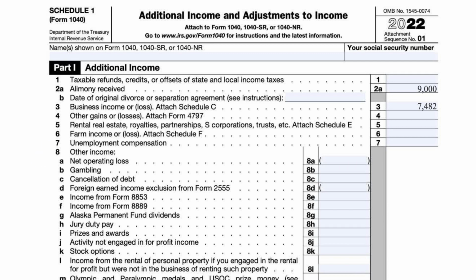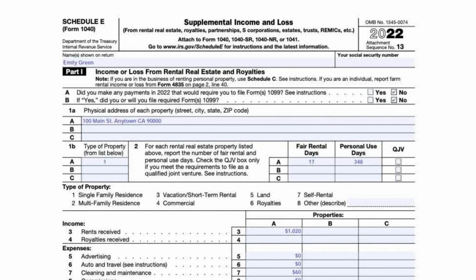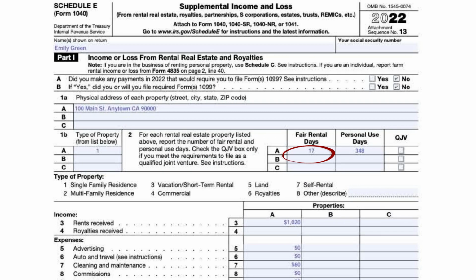So we're going to go back to line 5 and finish filling out Schedule E, which is needed for line 5. Emily rented out her home for 17 days during winter vacation for $60 a night, making her rent received at $1,020. She had $60 of cleaning expenses,